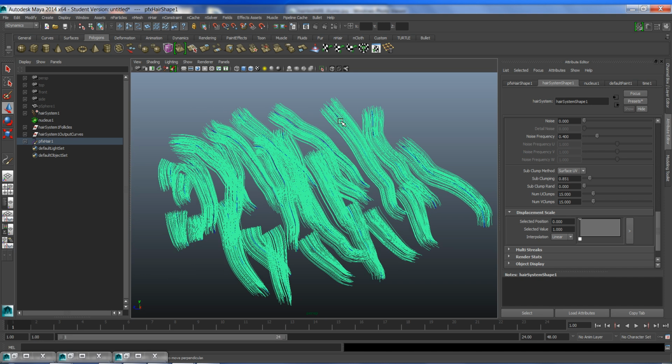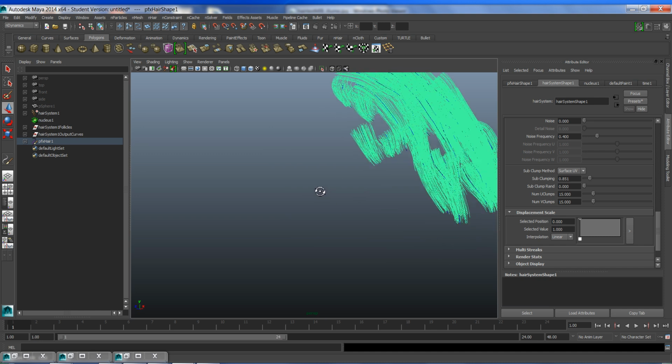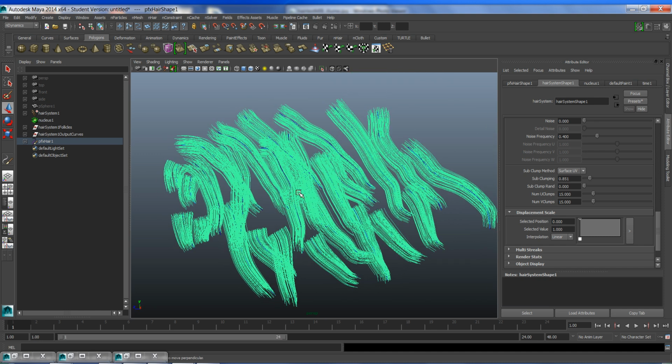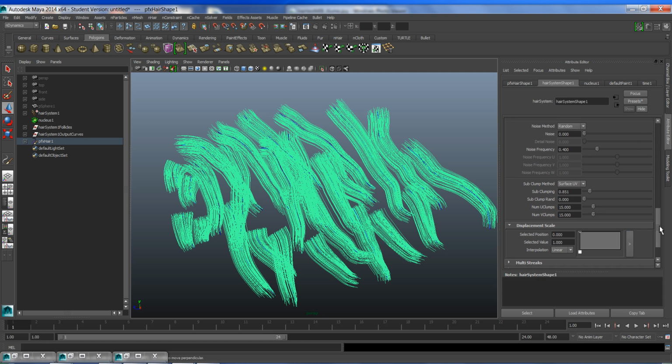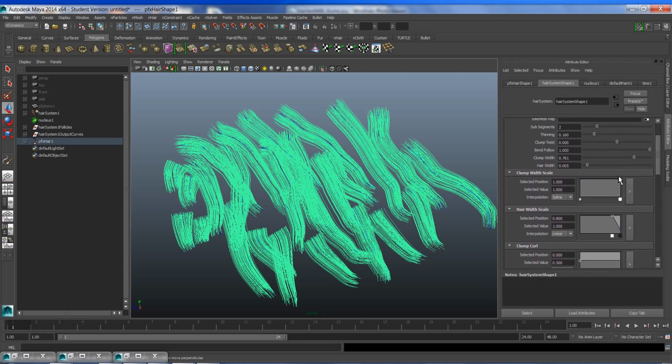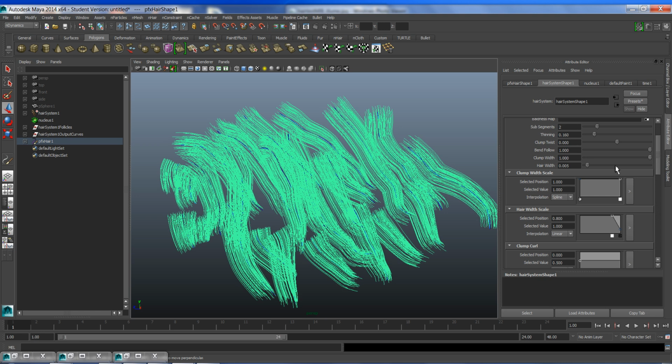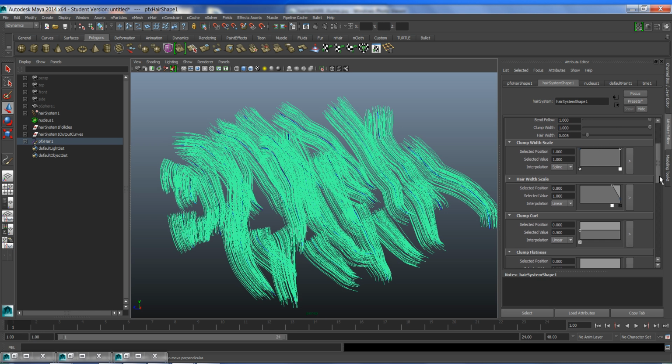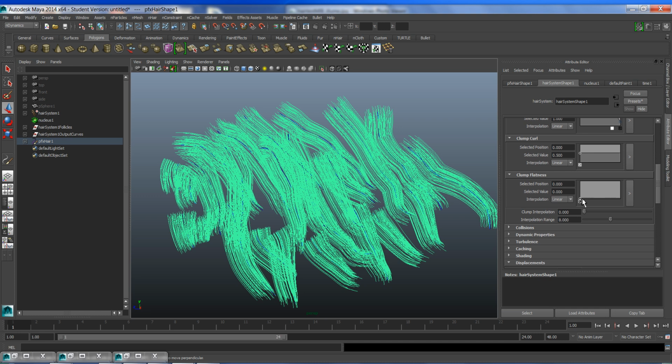Now, you'll note that I don't have enough overlap going on here to have a suitable look to my hair. So that's where the tweaking comes in, both in the overall width of the clump, as well as you could use things like clump flatness,